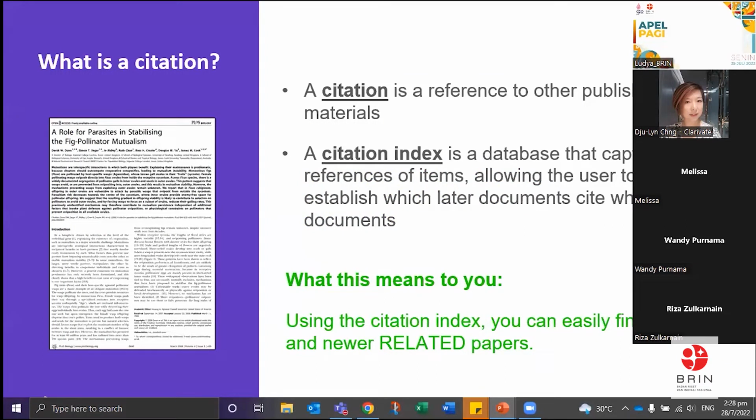So what is a citation? I believe everyone on this call would understand what is a citation. A citation is a reference to other published materials. So when an article has referenced another article, it usually means that there's some form of relationship between them. It could be in terms of application of the previous findings and so on. So in order to be able to see the complete picture